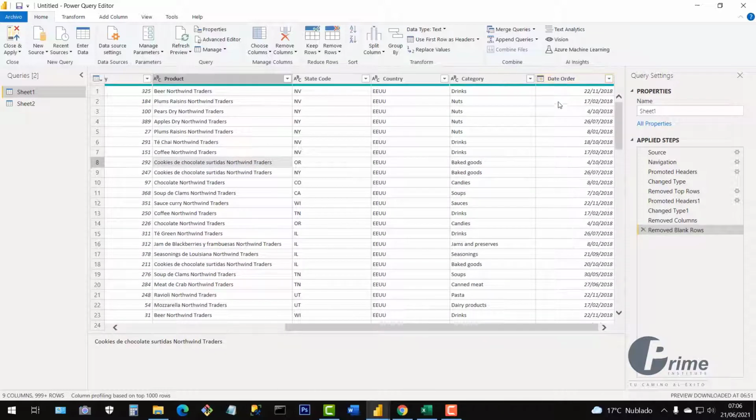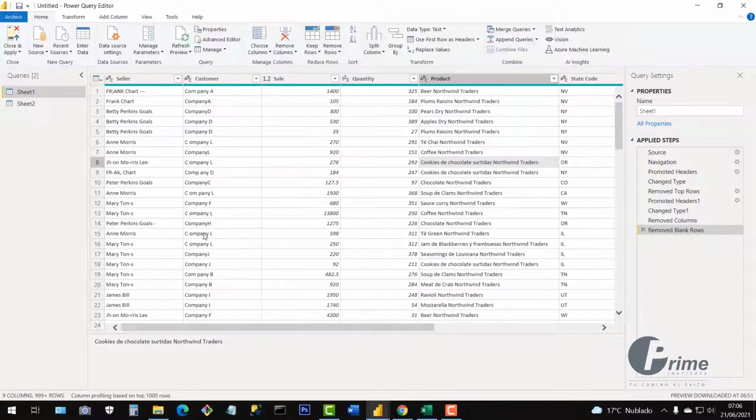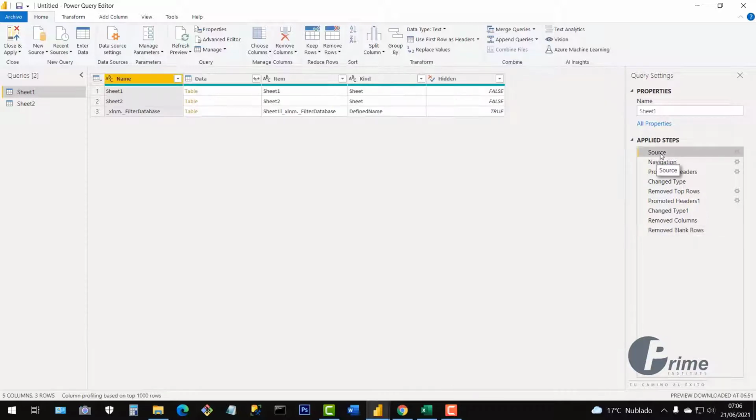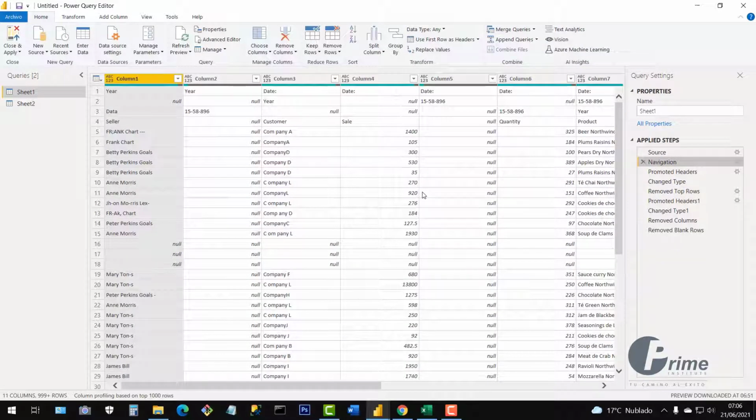So everything made so far has been registered to the right. To the right, where we have applied steps, this is the language known as language M. So if we click here in source, here you will find it uploaded all the information from Power Query and then navigated with the information, then promoted the titles to the upper part, to the top,